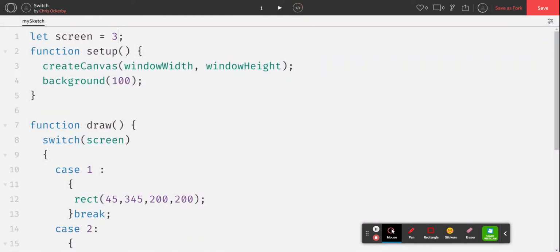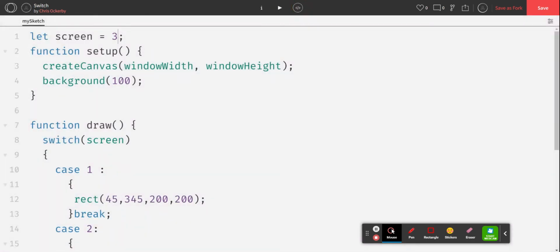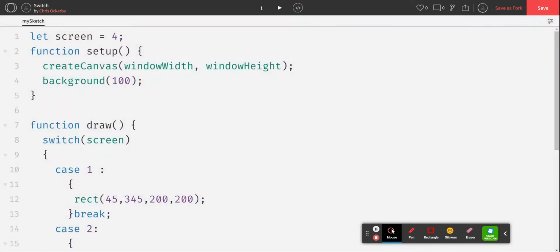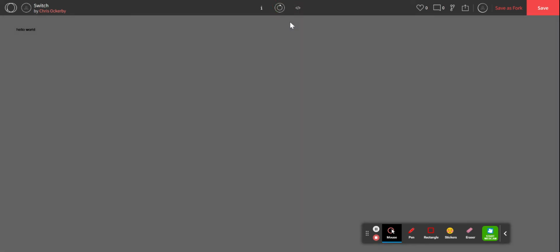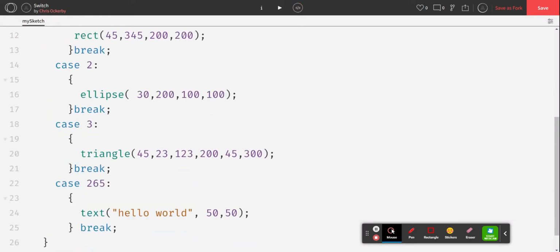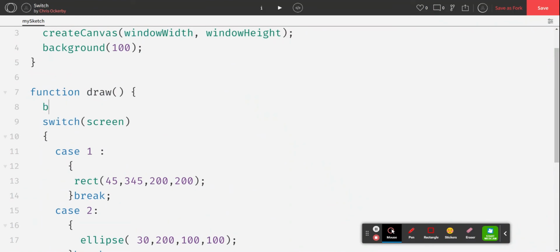If I change it to a 3, run it, I get a triangle. If I change it to 4, 4 doesn't exist again, so it doesn't run. And if I change it to 265, I get hello world, because that one will work. Awesome. All right, actually, what I'm just going to check in here is a